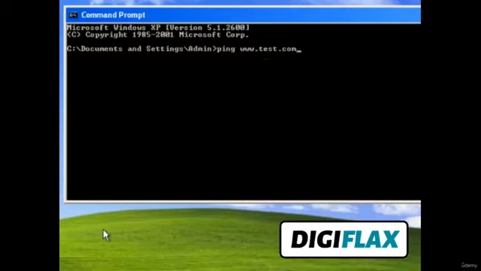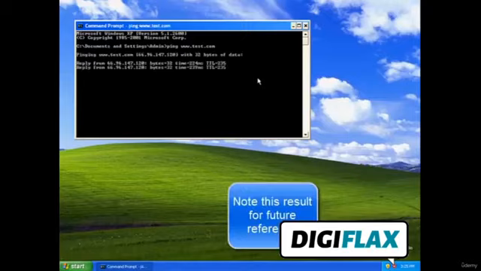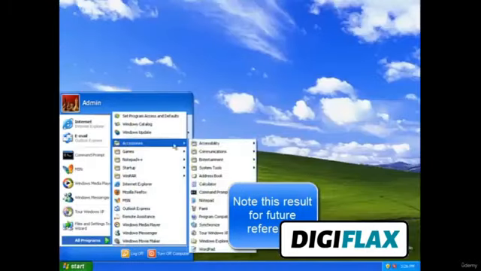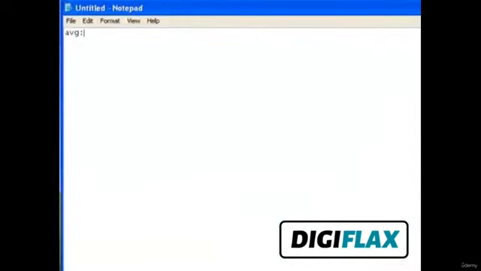But for now, just remember ping and the website address, and press enter. We will note this down in Notepad. Average was 228 ms and loss is 0%. This is just for our reference.